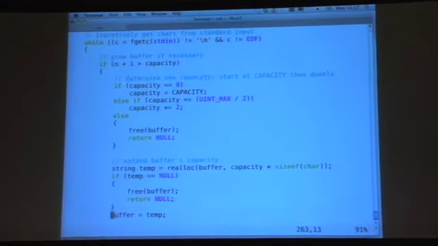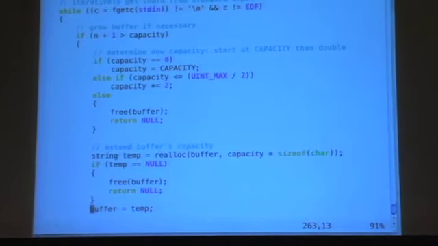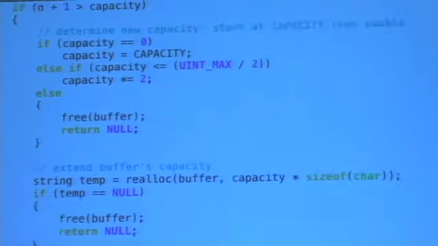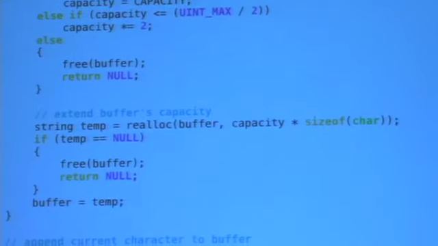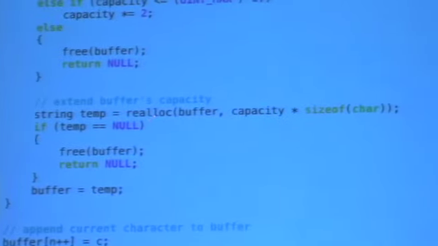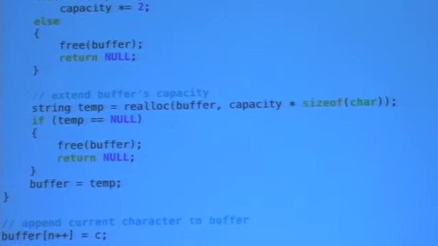I first check and make sure that I'm not going to run out of memory completely because of the maximum size of an int. But I'm going to completely wave my hands at this one. And let's just focus on the one that uses a more familiar function, or a cousin thereof. Notice what I do here. There's another function besides malloc called realloc, whose name implies reallocate memory. So notice what I'm doing here is I'm reallocating the buffer